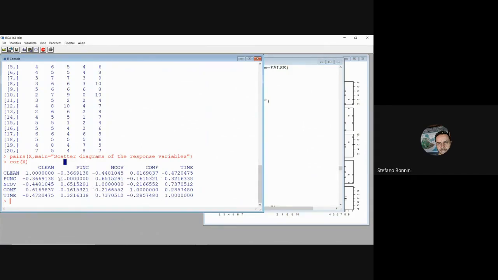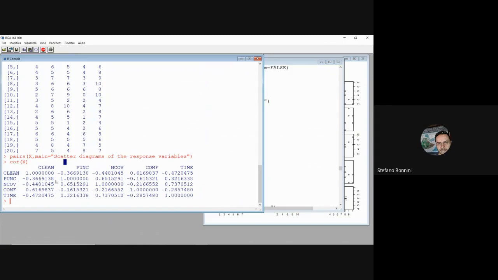I see negative correlations between cleanliness, punctuality, and network coverage, cleanliness, punctuality, network coverage, time, between punctuality and comfort, between network coverage and comfort, and between